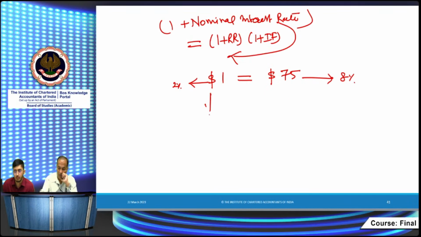Now what happens after 1 year? My investment will be $1.02, and here my investment value will be 75 into 1.08, which is 81 rupees. Okay, so the justified rate will be